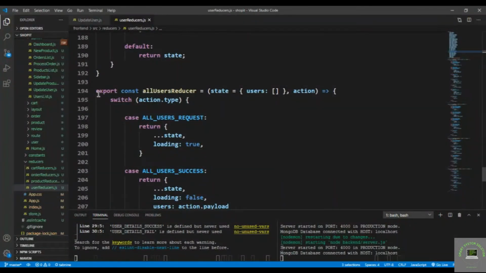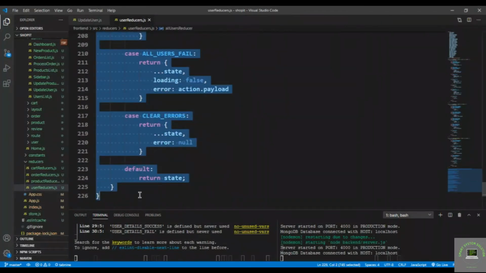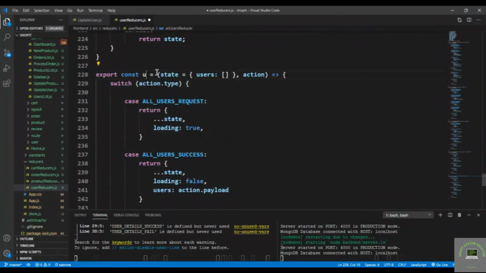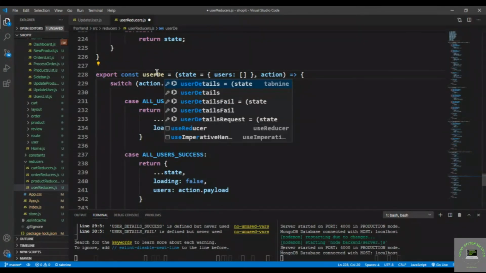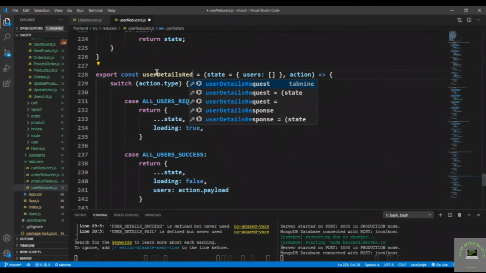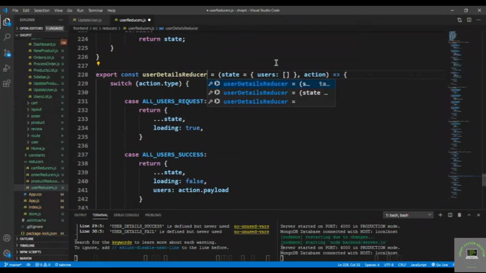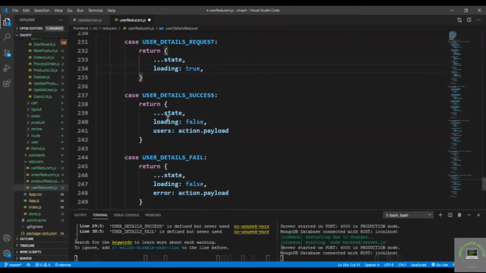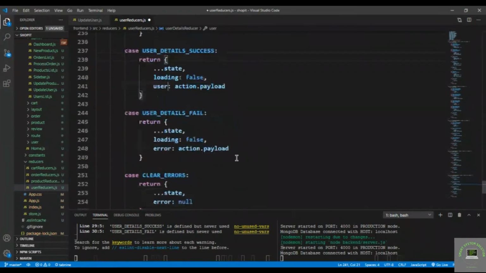So I simply copy this one, Control C, go here, and this is the user details reducer, and let us simply put here the user is going to be an empty object. Okay, and then let's replace this all users with the user details. Okay, so loading is true, and then user will be the action.payload, right, and the error, and that's it. Simply save this one,